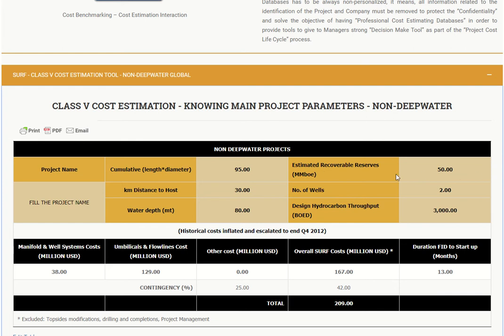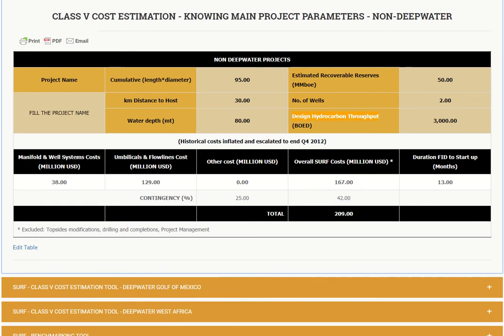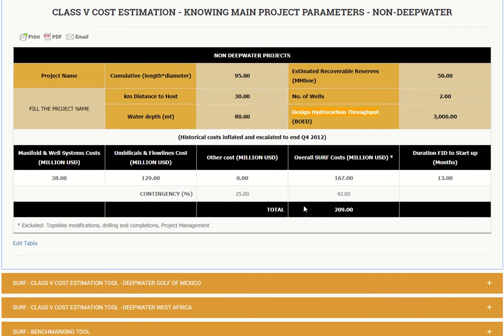The main items are estimated recoverable reserve, the number of wells, the design hydrocarbon throughput, the water depth, okay, and automatically the tool gives you a classified cost estimation,